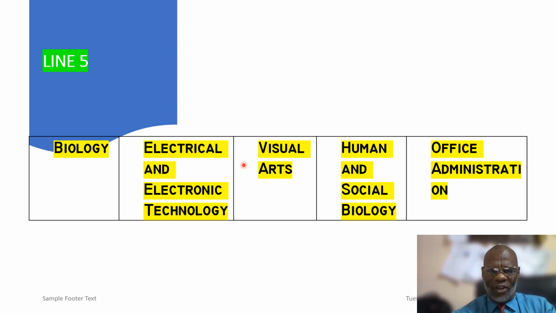Good? Now, let's say you want to become an electrician. Right? Then you have to choose electrical and electronic technology and physics as well. Right? Because they complement each other. Right? A number of things that you do in electrical, you meet them in physics, and some other things you do in physics, you'll meet them in electrical and electronic technology. Alright, so bear that in mind when you are choosing.